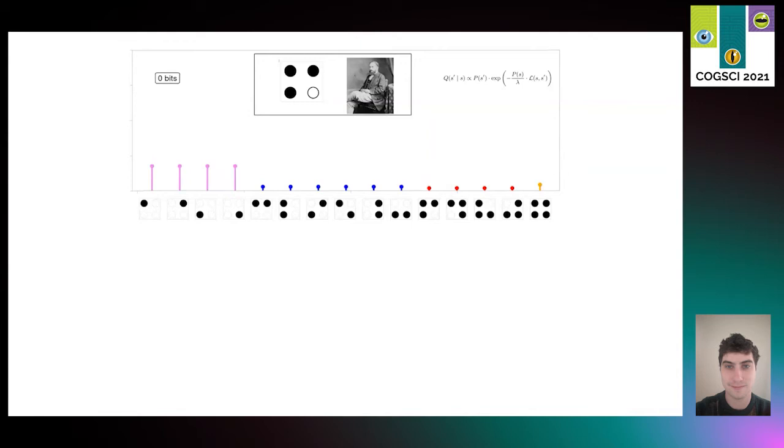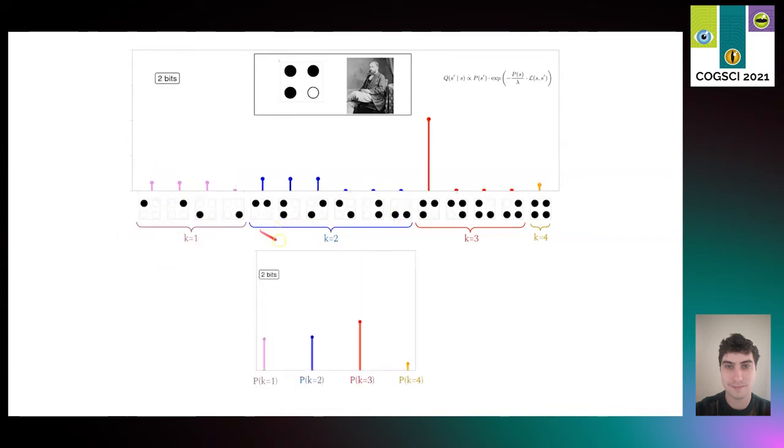So the key idea is that, of course, there are implicit beliefs about the number of objects here, right? These all have 1 object in them. These all have 2 objects in them. And so you can sum, and you can look at how beliefs about the number of objects in the scene change as a function of the information capacity bound. So the probability of there being 3 objects is just the sum of all of these guys right here. And so this eventually gets upweighted.